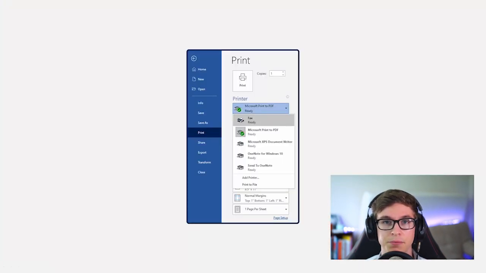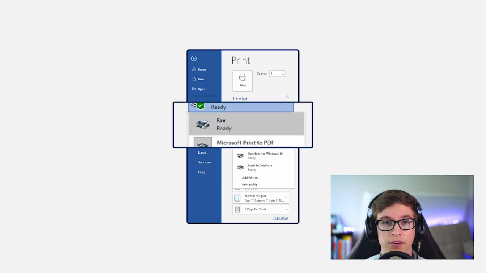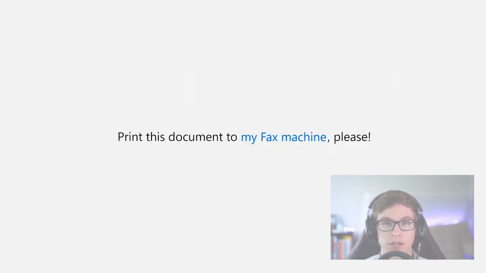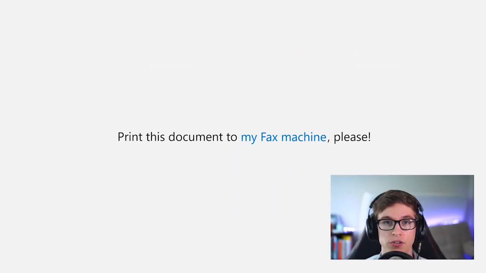When you see a fax machine at the top of your printer list, it usually means the application doesn't know which printers you care about. You shouldn't have to be a rocket scientist to use the printer down the hall, so we need to do better. Universal Print, a new cloud print solution from Microsoft, makes it possible for the apps that you build to be smart enough to find and print to the printers that matter to a user wherever they're printing from, so that the next time they hit Control P, their experience will go from Control Pane to Control Print.